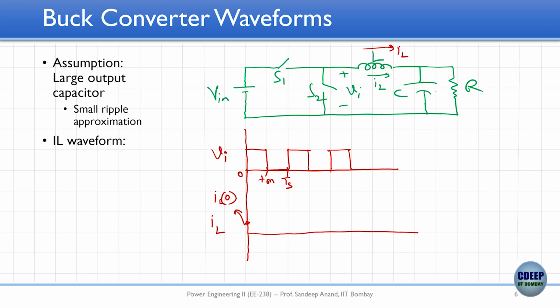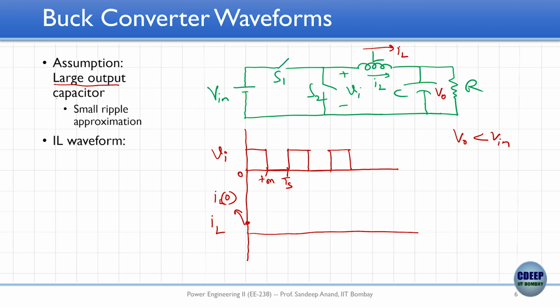One way to look at it is, if your circuit has been operational for quite some time, and we know it is a buck converter, so we know there is going to be an output voltage, and we know the output voltage would be less than the input voltage because it is a buck converter. You might ask me how I know, and I will try to explain later. But assuming that you know this and the circuit knows this, that it is a buck converter and it's been operational for some time, the output voltage is less than the input voltage,